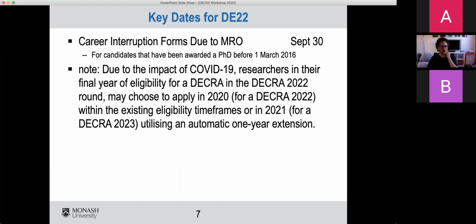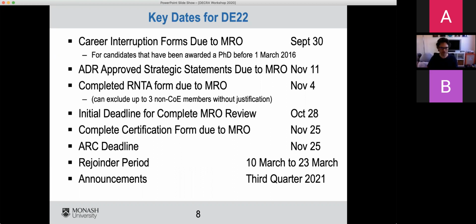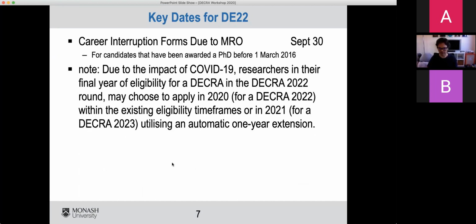Is DE21 still open? DE20, so the DE21s, are they the ones that were announced earlier? I'm finding it quite difficult to keep track of the names of the DE21 and DE22 at the moment.